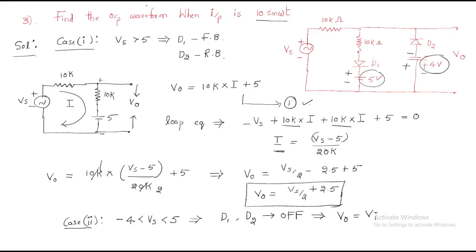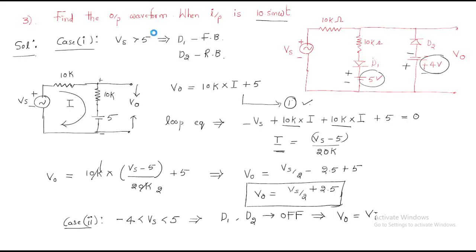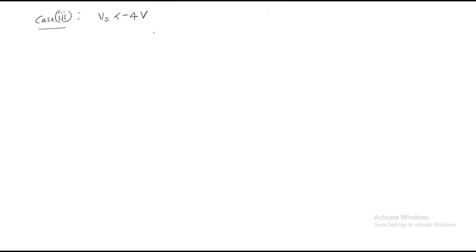What happens? Less than minus 4 means this diode will be on and the other will be off. It is better to redraw this. So this will be on, and I can draw it like this. For your understanding, this is the Vs,